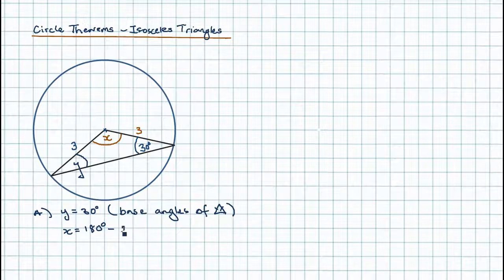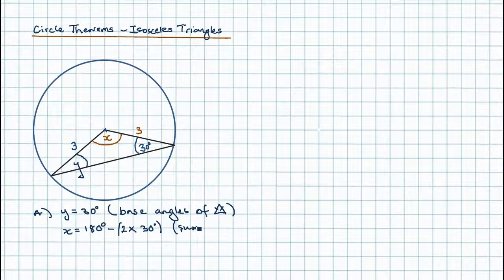Minus 2 times 30. We don't need to put that in brackets because of the order of operations, but just to make it clear, let's do that so we know that we do that first. Okay, 180 minus 2 times 30 degrees, which is going to be... the reason is, so if we put the reason again in brackets,